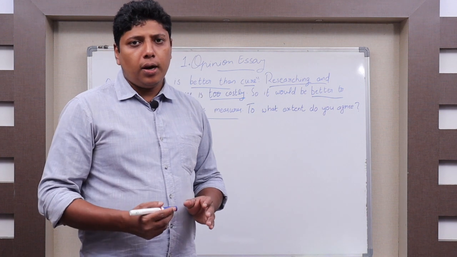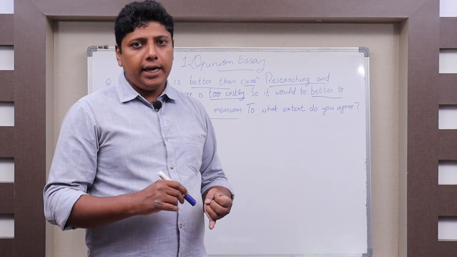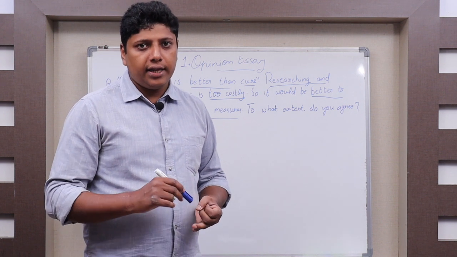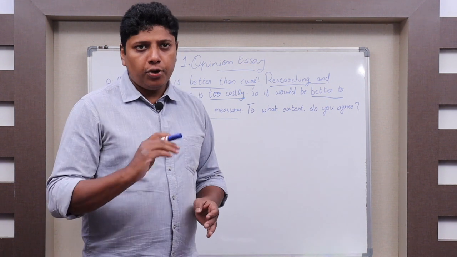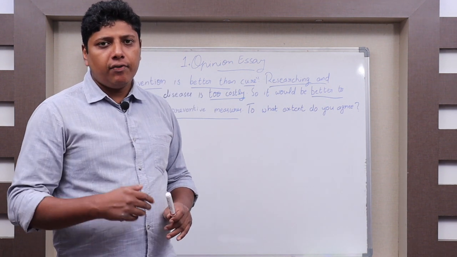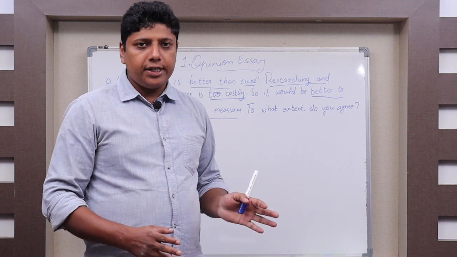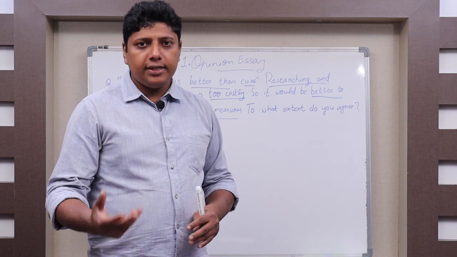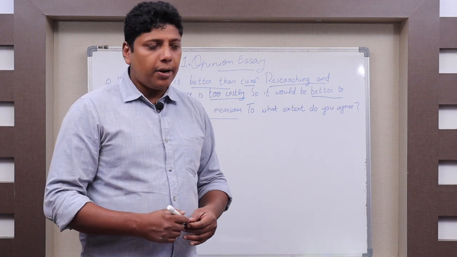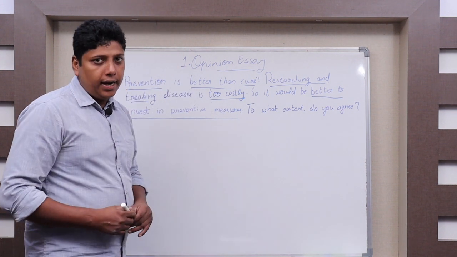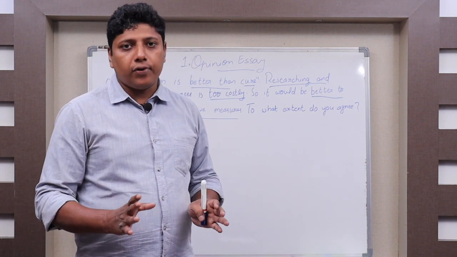So how do we start? First, we have to plan the whole essay. Ideally, there should be an introduction, then 2 body paragraphs, and a conclusion. So, in the introduction, first you can give a general introduction. Either you can rephrase the question or you can give a general introduction, like you can start with a very general statement about prevention. And before that, you have to form your opinion first.